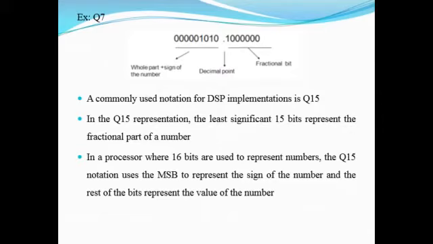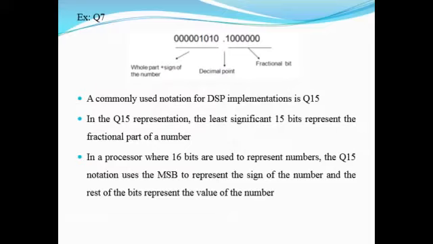Here we can see that a number consists of a whole part, also indicating the sign of the number, and it also has a decimal point followed by fractional bits. So whatever values we represent in Q format may have these parts in it: a fractional part, followed by a decimal point, the whole part,